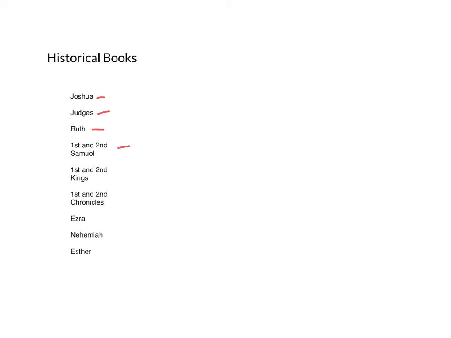1st and 2nd Samuel tells mostly the story of the prophet Samuel, who's also a judge and prophet. And Samuel is one of the greatest, maybe the greatest of all of the judges of Israel. And it's during his time that the people of Israel say, look, you're getting old, and after you will come your sons, and we're not really too keen on them because they're not very good. And so what we really want is a king. So would you please get us a king?